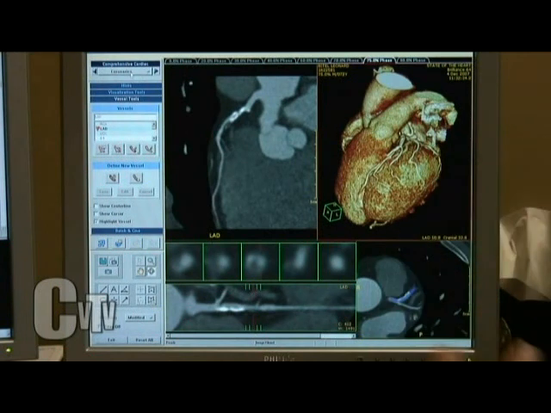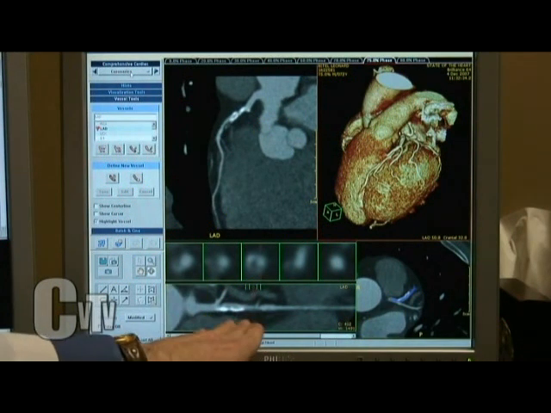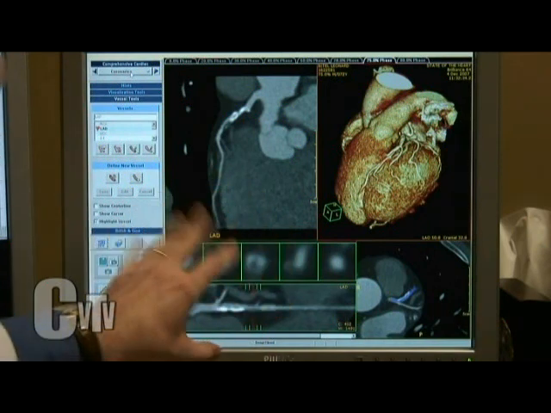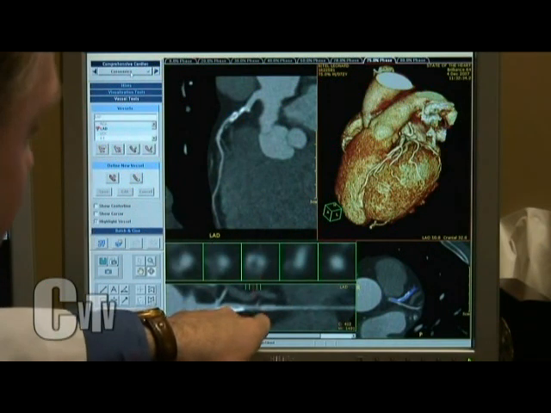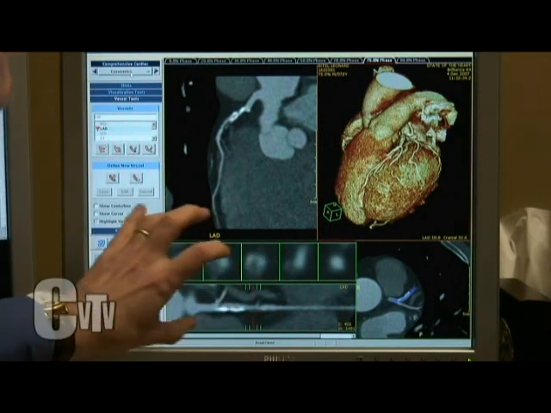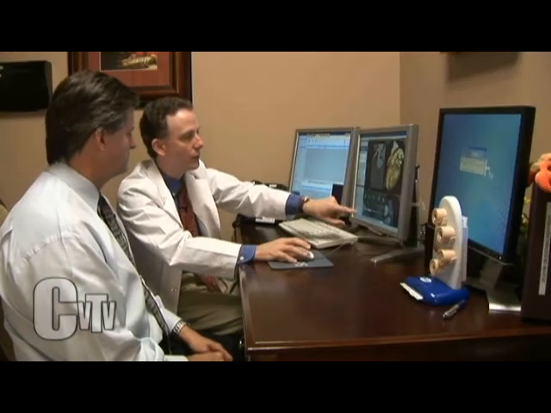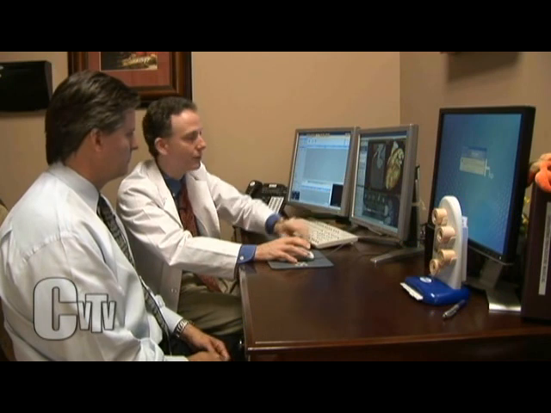So will you do another one of these scans once a year to make sure it keeps getting smaller? It depends upon the burden of the plaque, how much cholesterol-rich plaque they have, and all that. In him, I was really worried both because of the size of this vessel, the location, how much cholesterol plaque he had there, all the characteristics of a vulnerable plaque, the kind that ruptures. In him, we kind of did more frequent